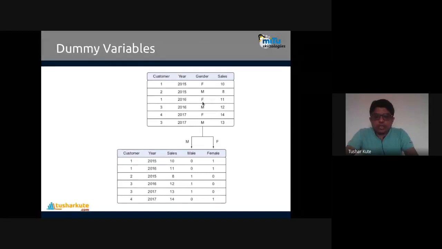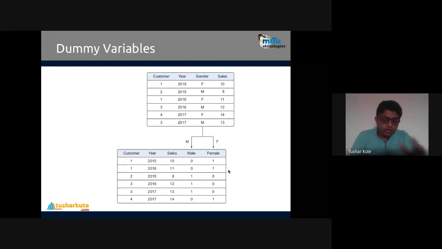So this data is converted to this format. Here the first is male and the second is female. Where the male is present, it will show 1. Where the female is present, it will show 1. So the whole data category is converted into these two columns. So string data is converted to numerical format. This is called a dummy variable. Generally, we also call it the one-hot encoding method. What's required? Because to build the model, string variables will not be useful, so we have to use number variables there. This is the way that dummies can be created.